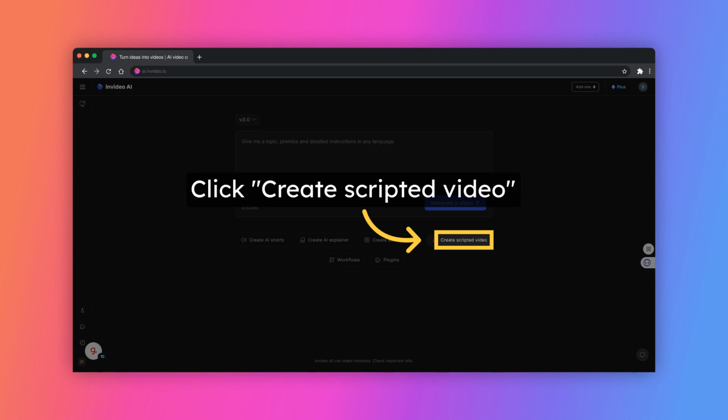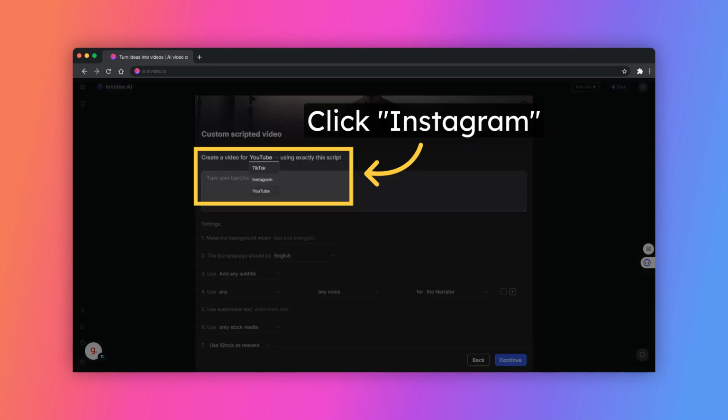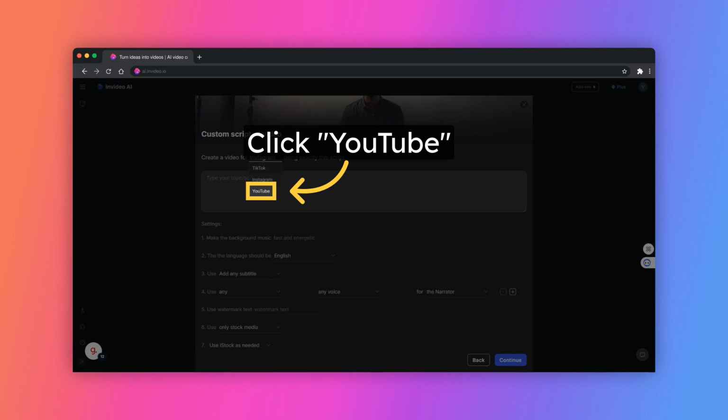In this video we will be creating scripted videos. You just need to have your script prepared and let InVideo generate the whole video for you. Now let's try and click Create Scripted Video. In this section, you'll be able to see the options you can choose from on what video you want to let InVideo generate. For this video, we'll choose YouTube since it's being created for that platform, resulting in a landscape format. However, if you'd prefer a portrait format for platforms like TikTok or Instagram, you can select the appropriate option